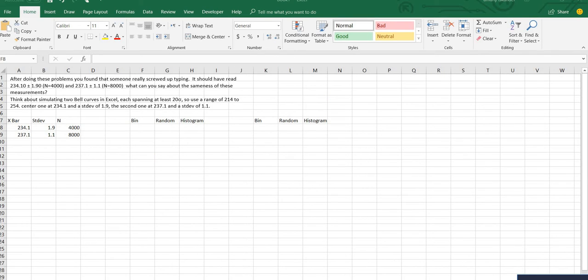The first thing to do when you simulate a bell curve is to create a bin, because Excel will ask us for bin numbers, and bin numbers represent the intervals that you want the histogram tool to use for measuring the input data in the data analysis bar, which we will do in just a minute. So for the calculation of the bin numbers,